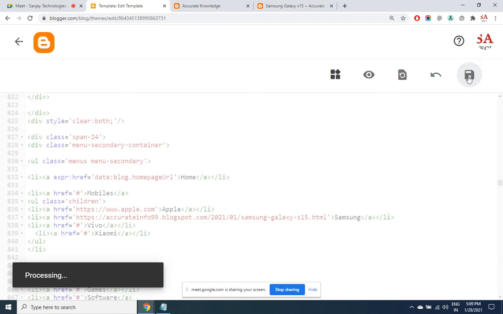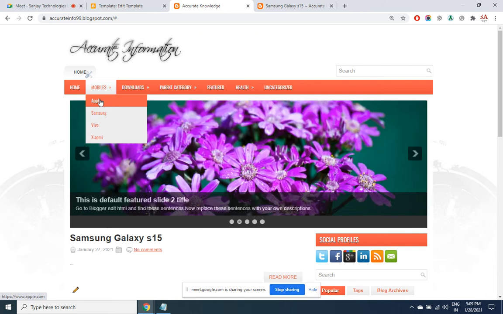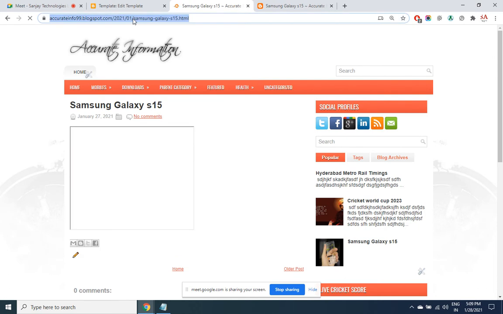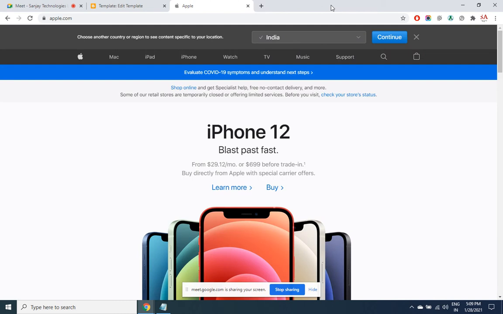I save. Now I refresh the page. This time when I click on Samsung, that page will open up whose address I have given. When I click on Apple, apple.com would open up. This is the way the links have to be provided.